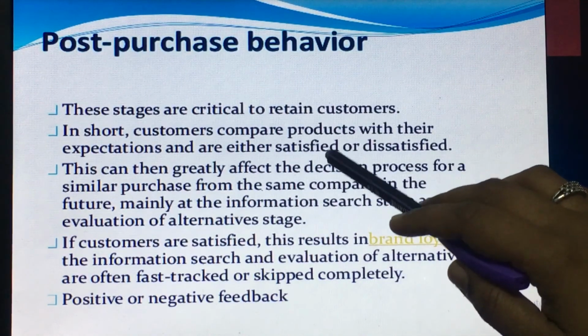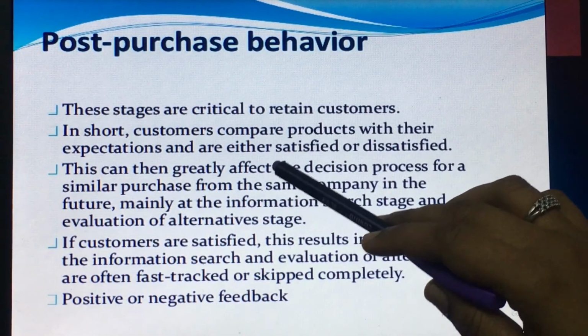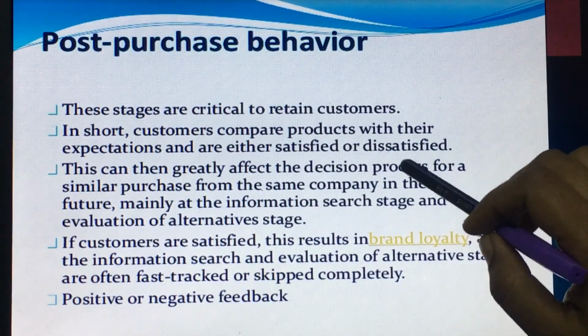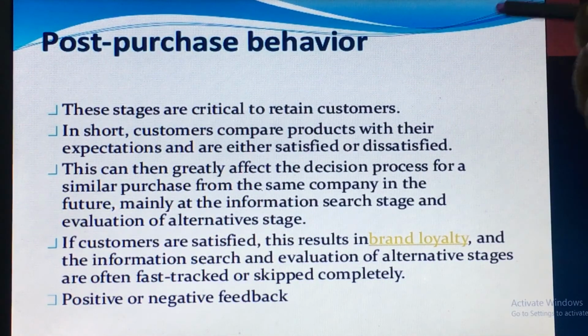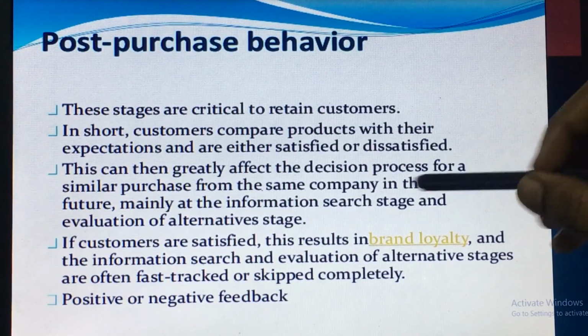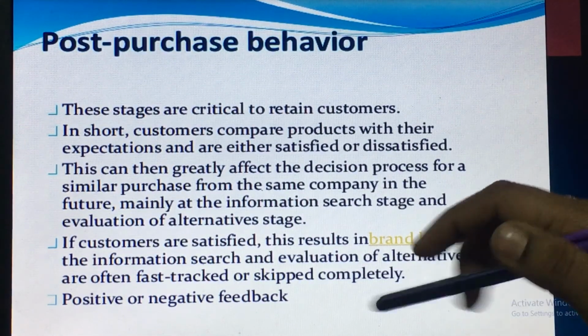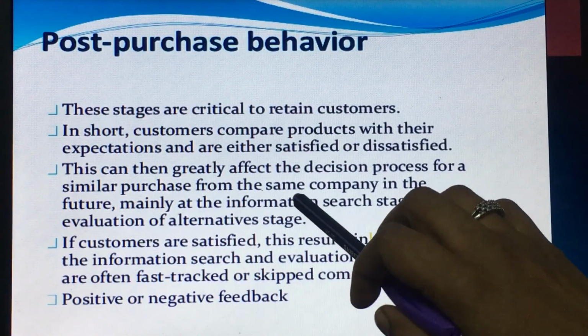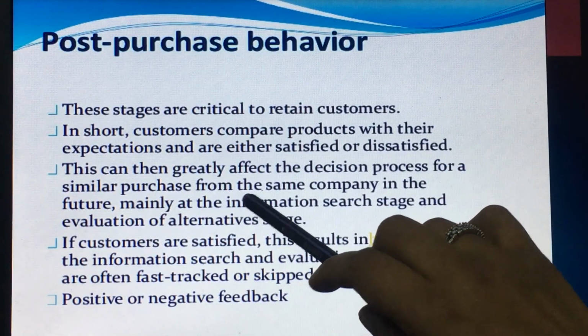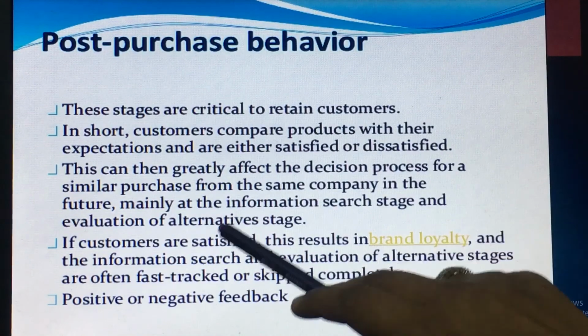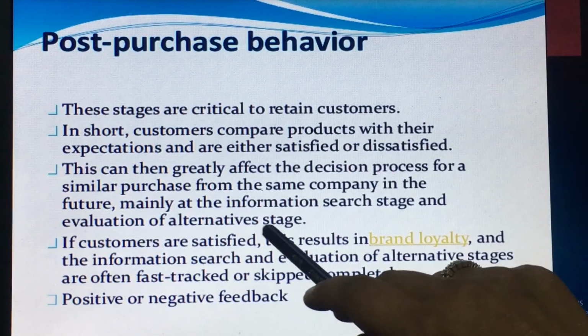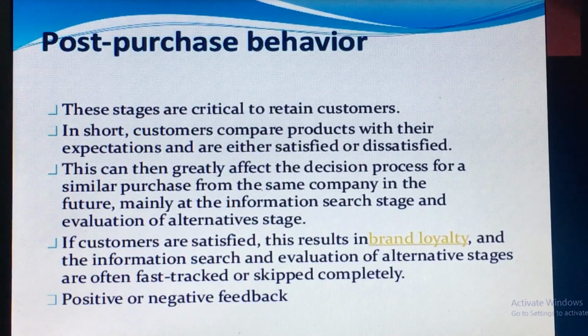In short, consumers compare the product with their expectations and are either satisfied or dissatisfied. After buying and using that product, the consumer is going to compare the product with what he expected of it, and he is either satisfied or dissatisfied. This can then greatly affect the decision process for a similar purchase from the same company in the future, mainly at the information search stage and the evaluation of alternatives stage. So again, when he is going to buy